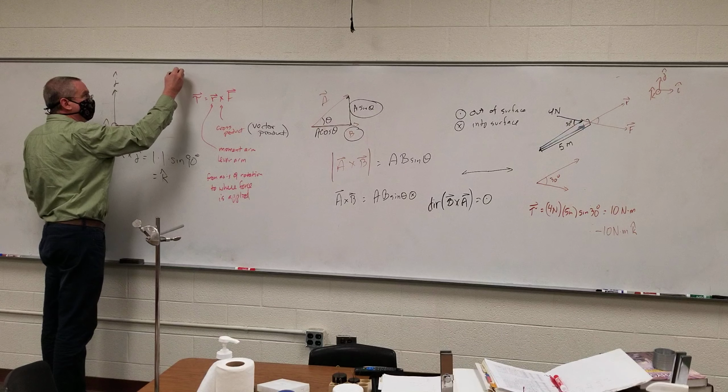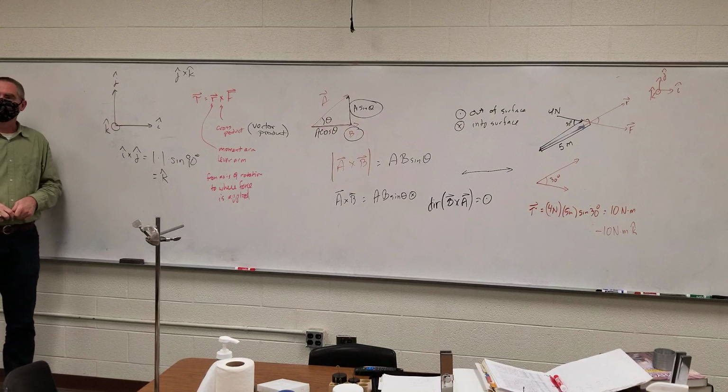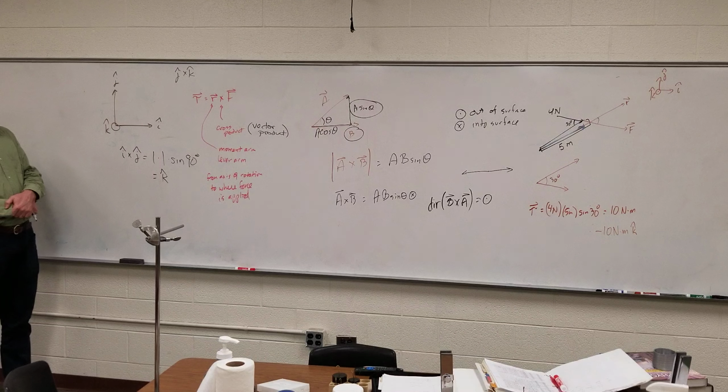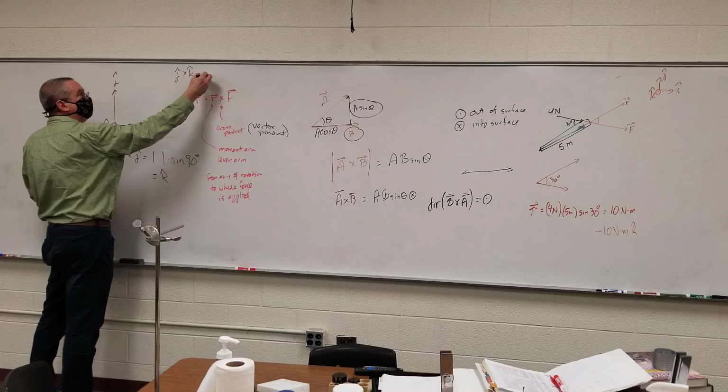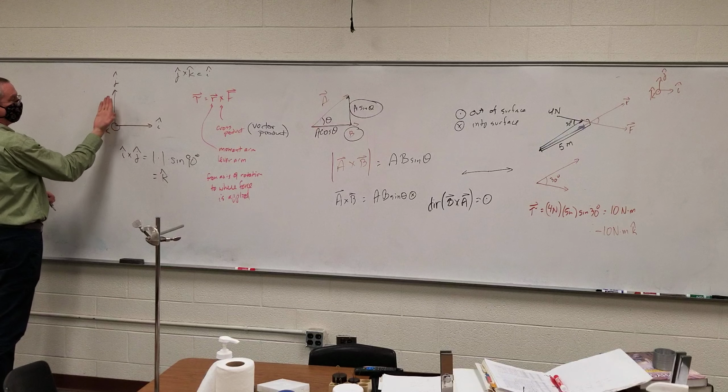What is j cross k? Again, k is coming out. It would be into the board. Or wait, it's j cross k, one second. It's i hat, right? Yeah, that makes sense. j cross k, k is coming out, so j cross k,